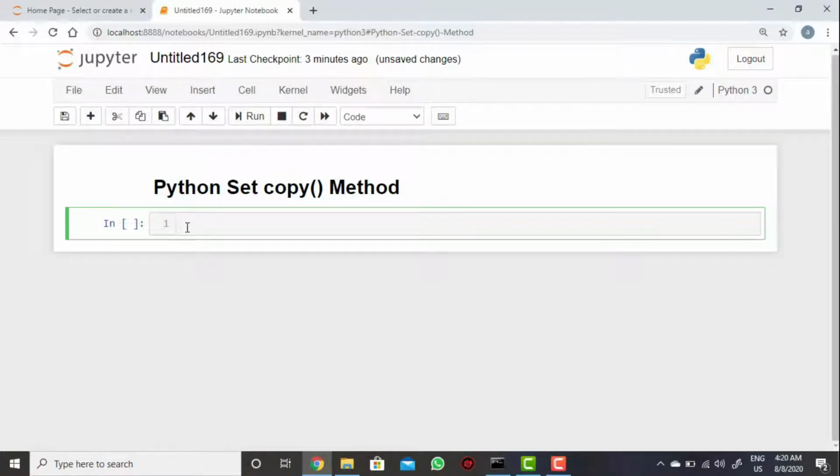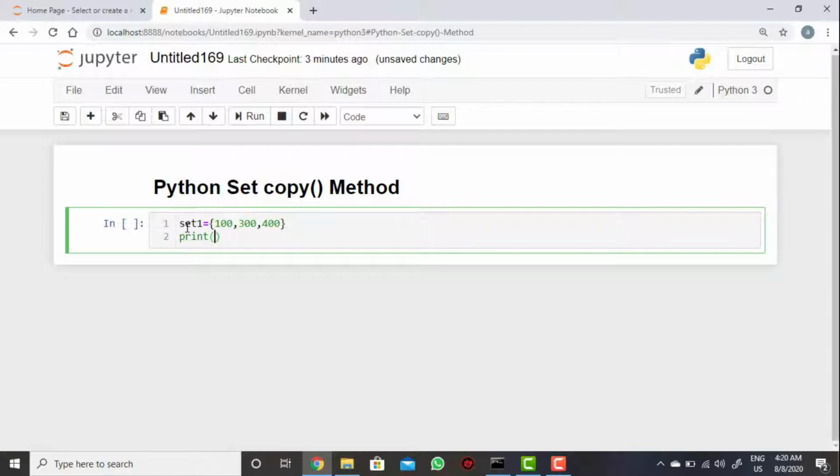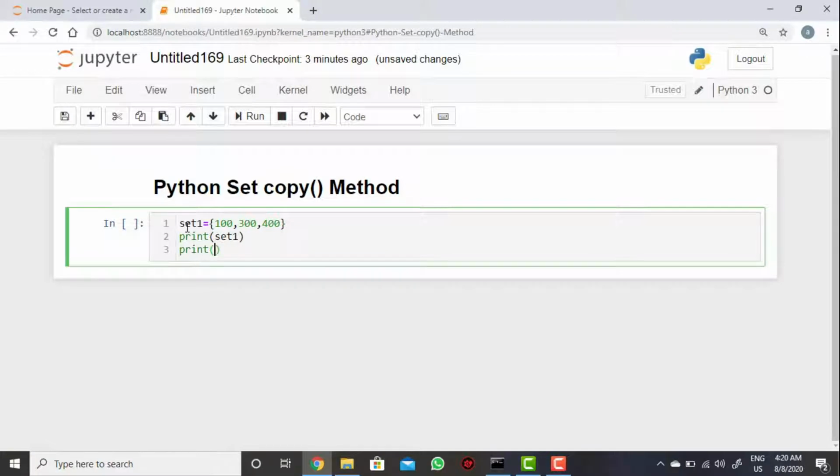Now I'm just taking set1 equal to the values 100, 300 and then 400. These are the values I'm taking. Now you can verify: print of set1, then print of type of set1.